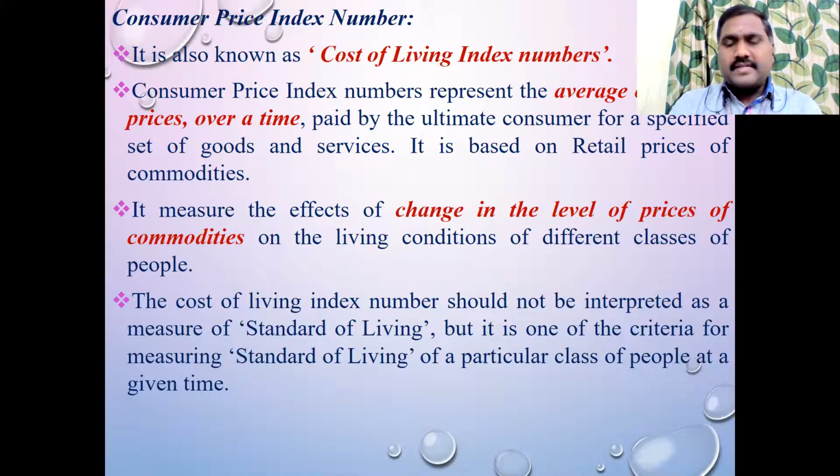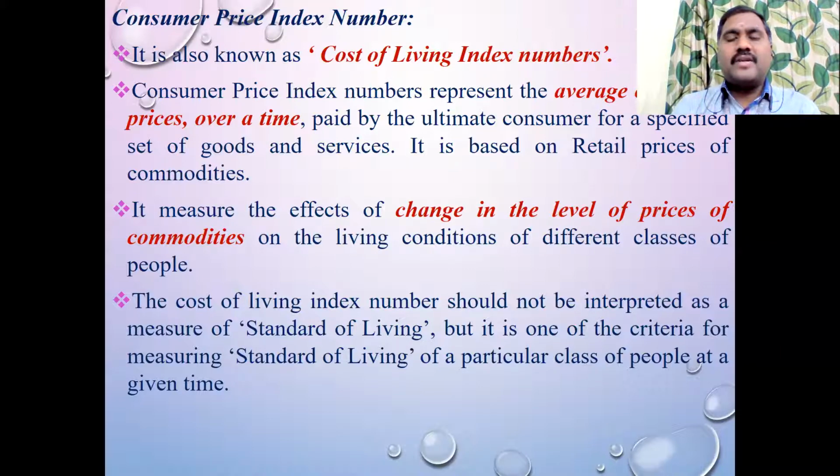So in constructing an index number, there are two methods, as I already told you: simple index method and weighted index method. Under simple index method, we worked out the problems under simple aggregate and simple average of price relative method. Similarly, in weighted index method, we worked out the problems under weighted aggregate method by using Laspeyres, Paasche, and Fisher formula, and in Fisher also, we verified whether it proves TRT and FRT. Okay, time reversal test and factor reversal test.